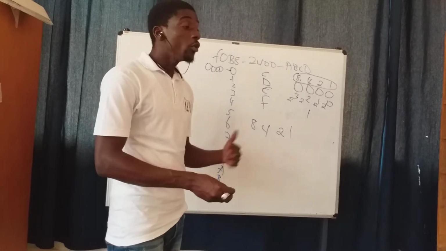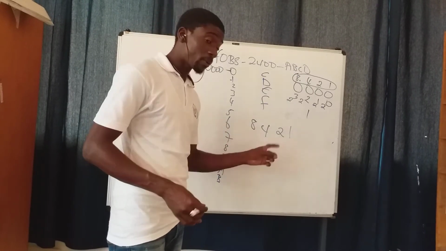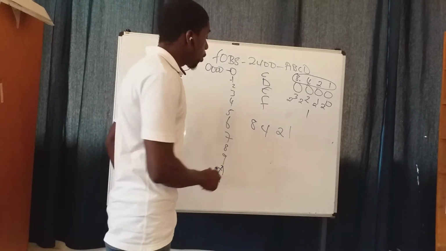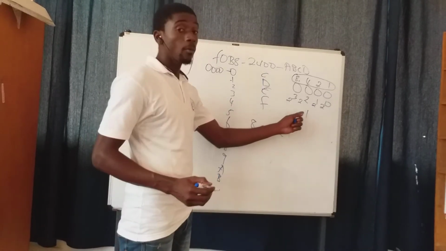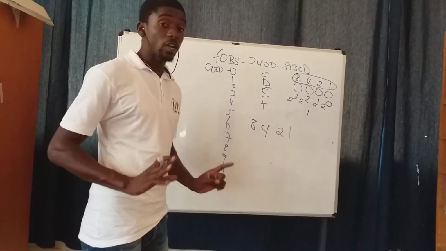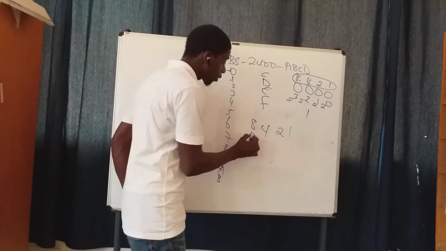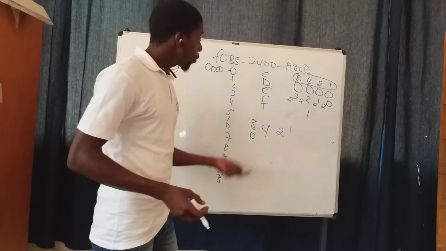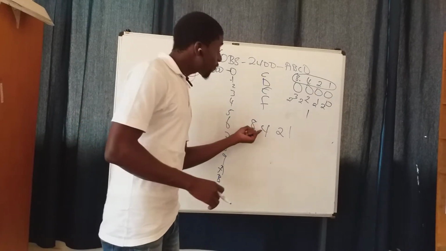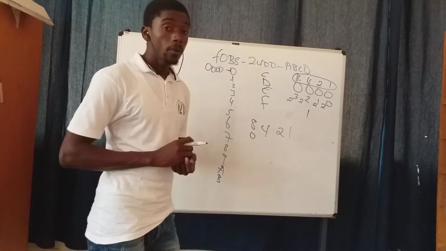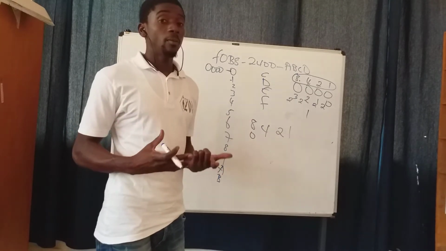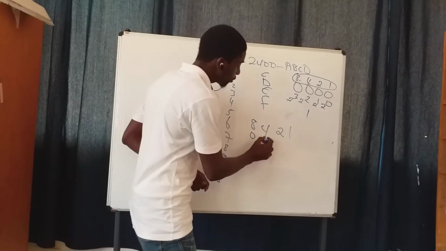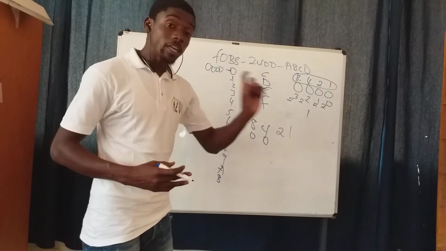If it is a no, you put 0 to represent that it is a no for that particular value. Let's say, for instance, we would say, can 8 be subtracted from 1? If it cannot be subtracted from 1, we just put 0 on the 8. Means that 8 cannot be subtracted from 1. We move again, 4. Can 4 be subtracted from 1? If it cannot be subtracted from 1, it is simple, just put a 0, saying that 4 cannot be subtracted